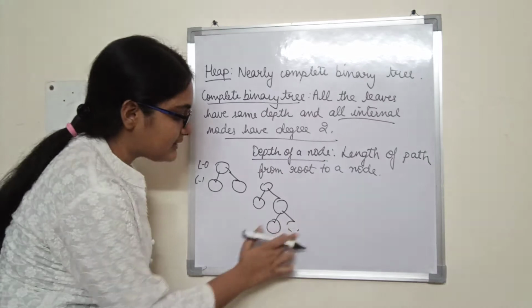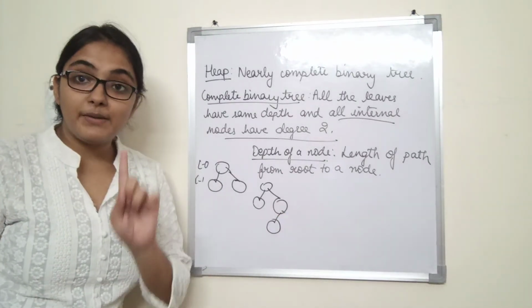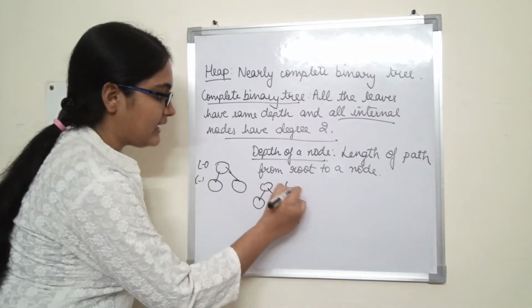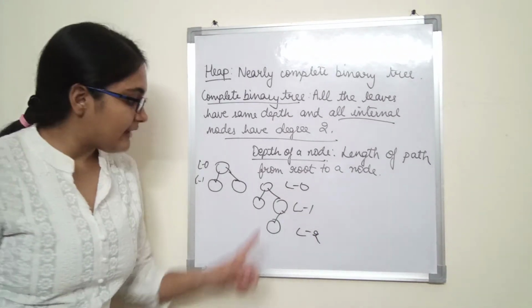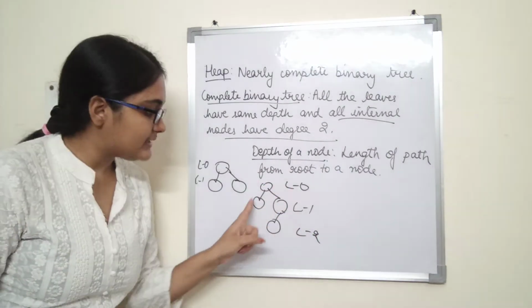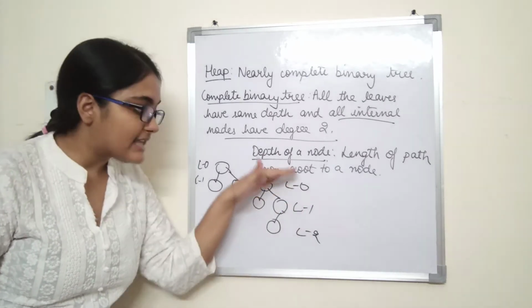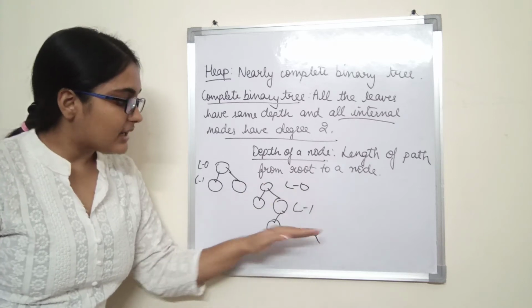Alright, so let us talk about this tree. Is it a nearly complete binary tree? It should be filled on all levels except possibly the last. Level 0, how many levels does it have? Level 1, level 2. Alright, why? Because this has depth 0, these two nodes have depth 1. This node has depth 2. So we classify the tree into levels. Alright, all levels are completely filled.